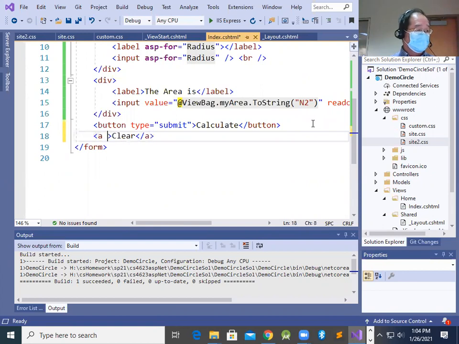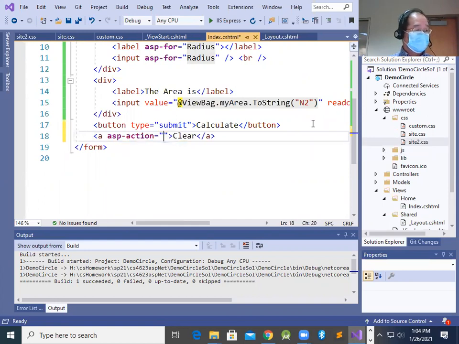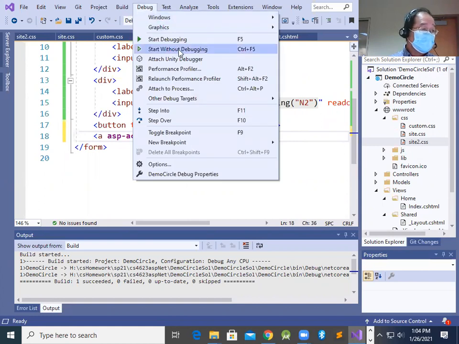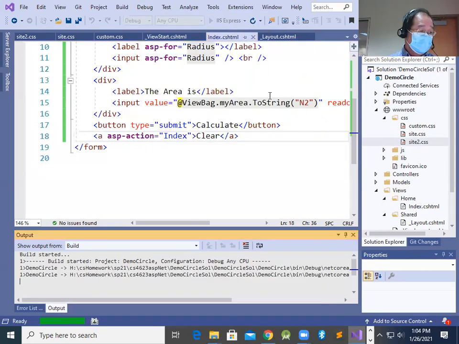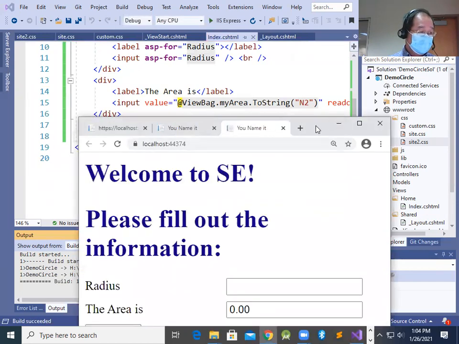For the attribute I will use the tag helper, and the action method will be index. So basically, what is this going to do? Which means that if I click the clear link, let's say